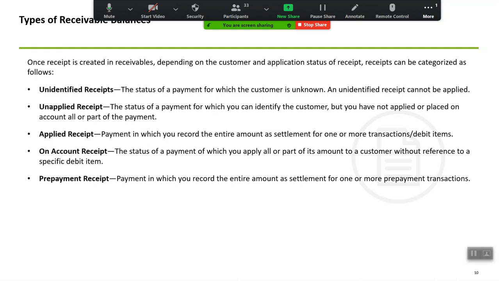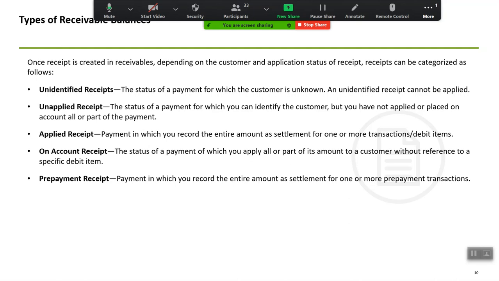So in that case, it's like I'm holding that amount within a particular account. And I don't want to keep it as unapplied also. I just want to hold that particular amount, stating that I will apply it, but I don't want to show it in my balances that it's still unapplied. Then in that case, I would shift that particular amount to an on account receipt.